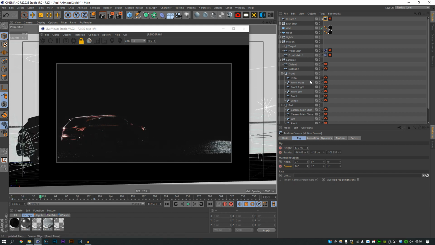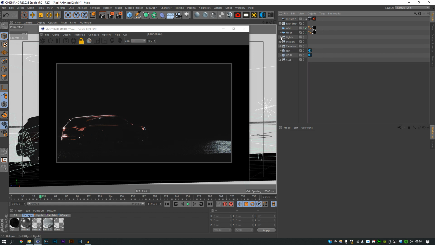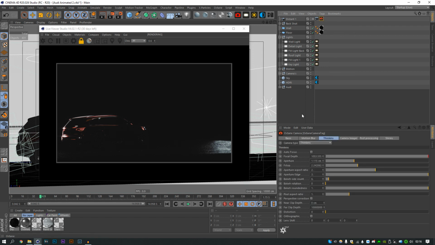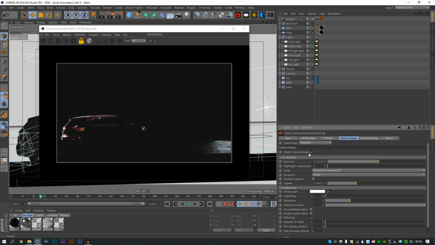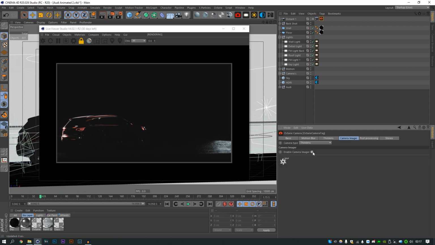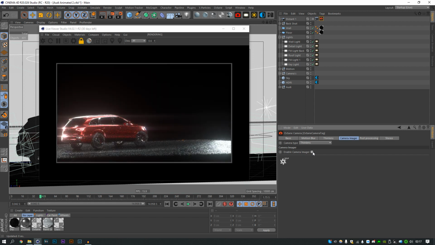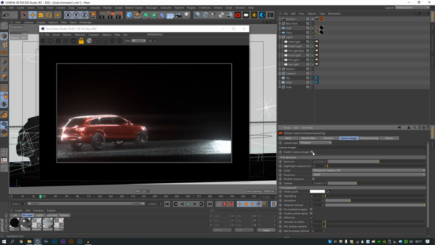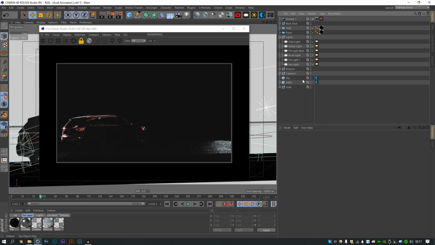Now for the lighting here, I spoke earlier about switching lighting for different shots. For the most part, the lighting's been quite universal in this scene. For this scene in particular, I have a really low gamma and exposure. I don't want you to think it's the lighting doing this. It's not. If I turn this off, the scene's going to look a bit uglier. It's not like that in all the camera angles, but in this one particularly, because I wanted it to be kind of one of the fourth shots of the animation, where you're just kind of getting started with the car,